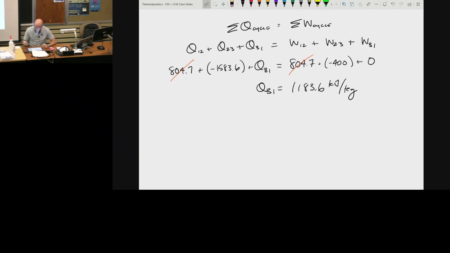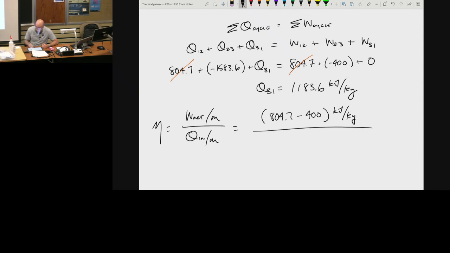Okay. So now I've got everything I need. Now I can go back here and find my efficiency, and I can say that's equal to the net work over mass over Qin over mass. My net work is going to be 804.7 minus 400 kilojoules per kilogram. And my heat transfer in is all the positive heat transfers that I have. I have 2 positive heat transfers, 1 negative heat transfer, so 2 are coming in and 1 is going out. So this is going to be 804.7 plus 1,183.6. And when I do that,